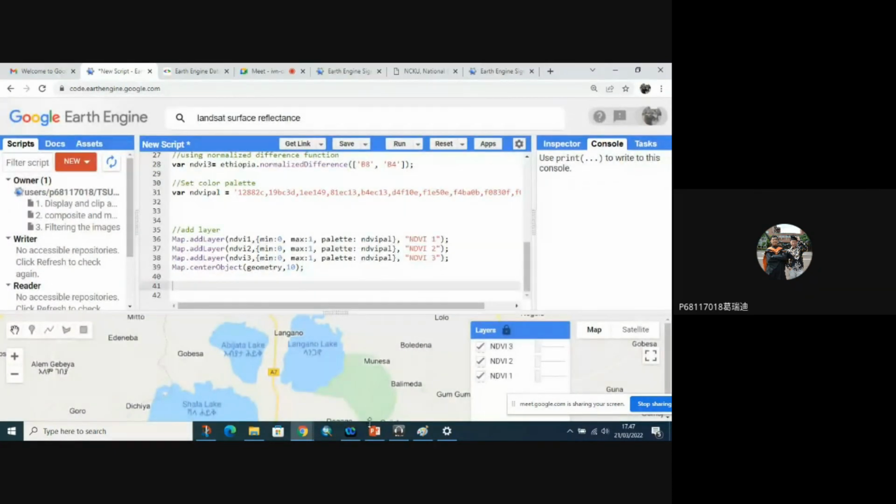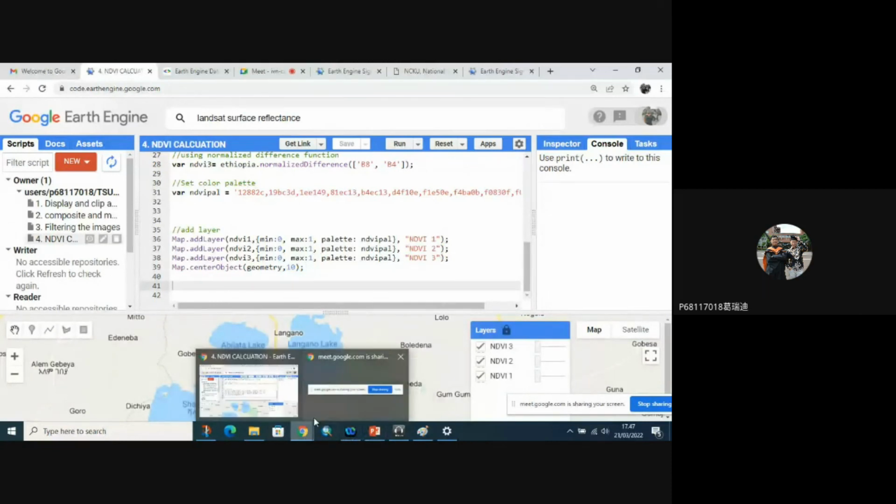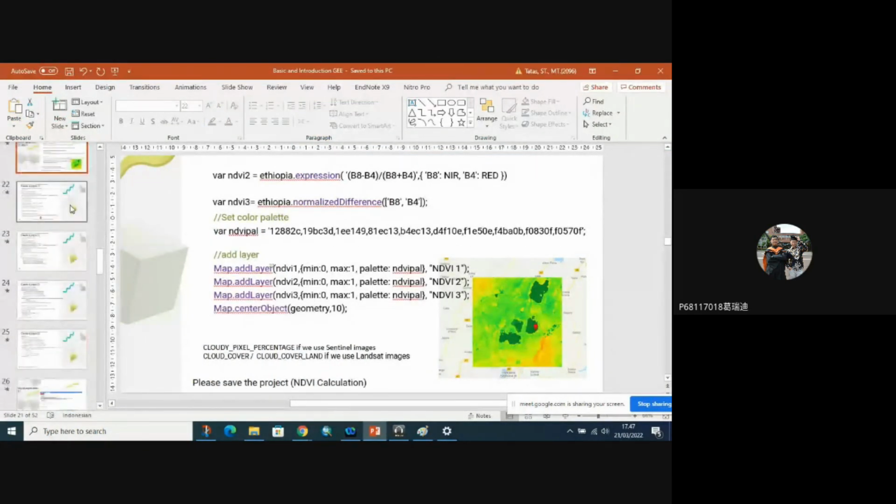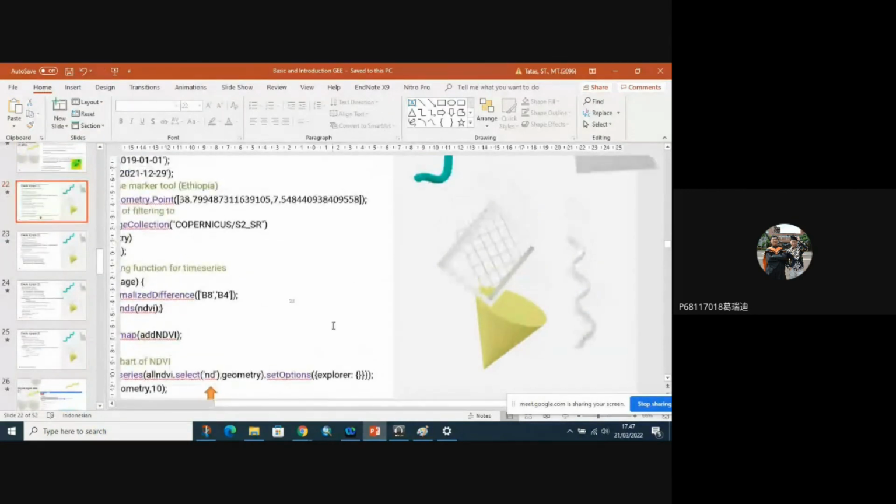Okay, because of our time limitation, I can provide all of you this code and this tutorial, because we still have more.